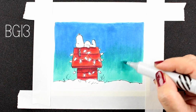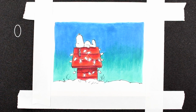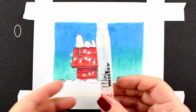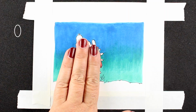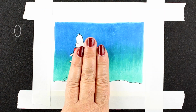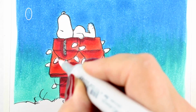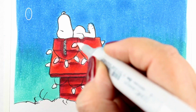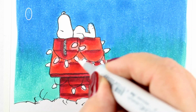And since my blending isn't coming out as perfect as I might like, last week I showed you a technique, and I'm going to do it again here real quickly, using the mister. I put some colorless blender in a mister, and I'm doing the quick mask with my fingers of his house because I didn't want his house to have the texture, but you can see the texture that adds to the background image,